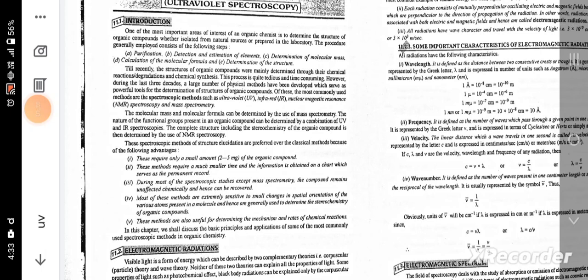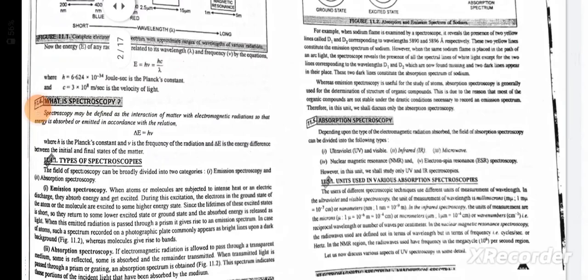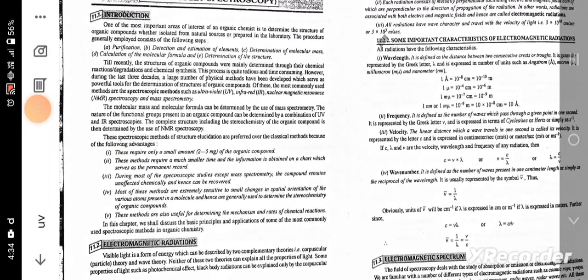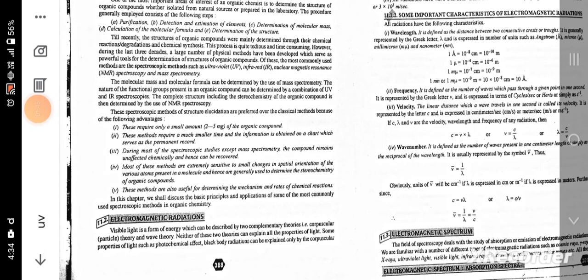Of these, the most commonly used methods are the spectroscopy methods such as ultraviolet (UV), infrared (IR), nuclear magnetic resonance (NMR) spectroscopy, and mass spectroscopy. The molecular mass and molecular formula can be determined by the use of mass spectrometry. The nature of the functional groups present in an organic compound can be determined by a combination of UV and IR spectroscopies. The complete structure, including the stereochemistry of the organic compound, is then determined by the use of NMR